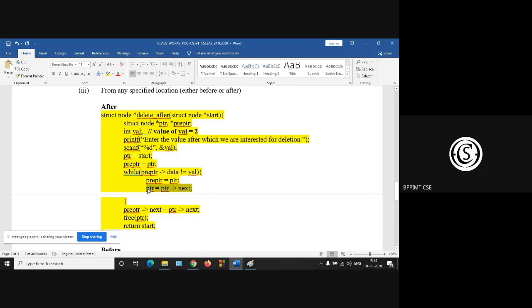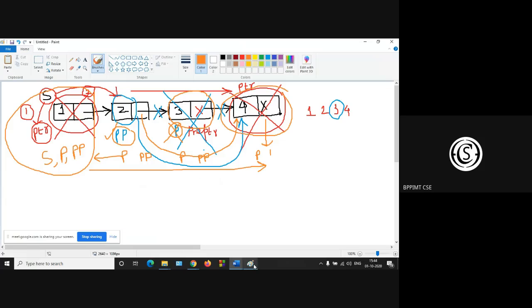Finally, when you are at this position, this position is PP, so obviously P will be this one. You are asked to delete this P only, that is delete after. So make a connection from this PP next to the P next.